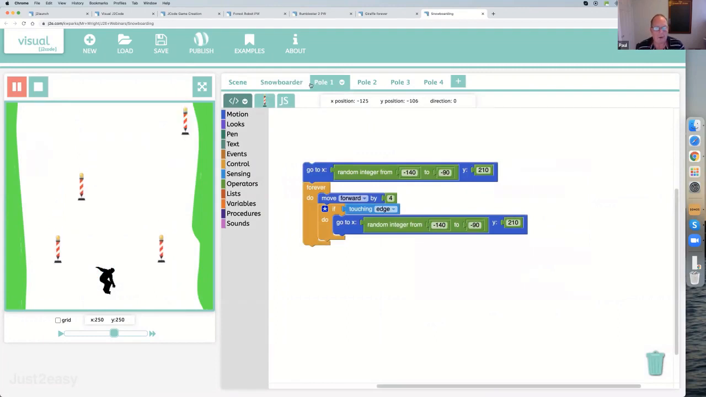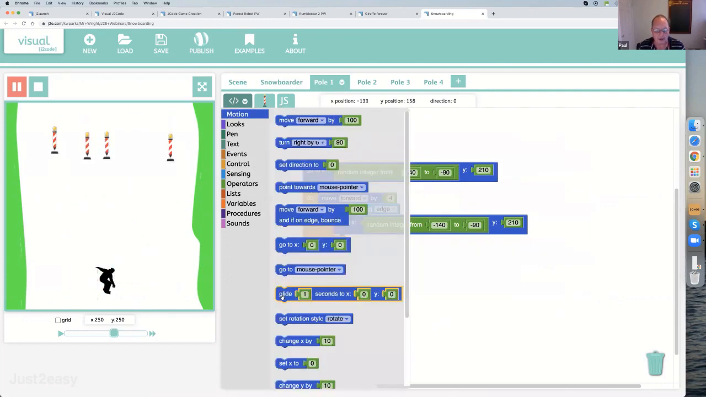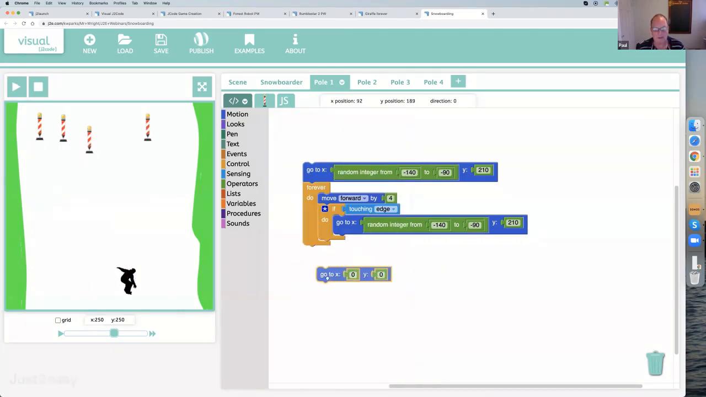So pole number 1. I've told it to go to. Now, this is the block that I used here in the motion. You can use glide or you can use go to. Glide is a smooth one. Go to is instant. The default is these. Okay, but what I've done is that I've taken those out